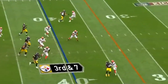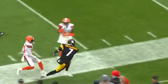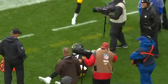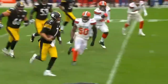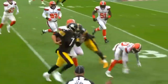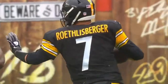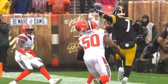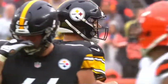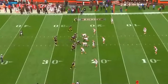Ben on the move, going to run for it. 35, 30, 25, and out of bounds for first down. He wanted Antonio Brown on that post, and they could not get to him because of that safety cheating over him. Heck of a play, good block there too. You know, Mike Tomlin was pretty powerful last night in talking about not just this matchup, but any matchup. And he says, I always feel better because number 7 is on our side. First down, Pittsburgh,